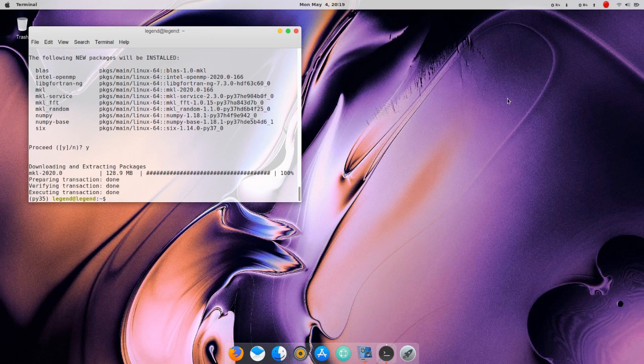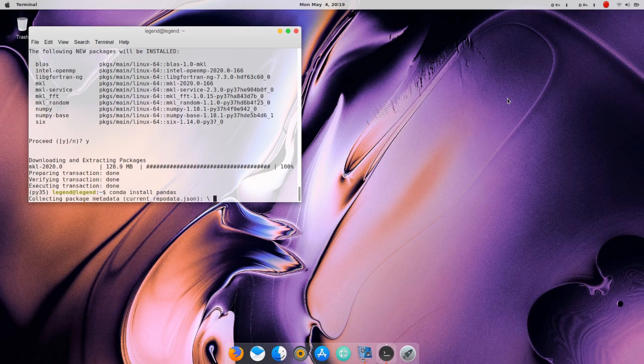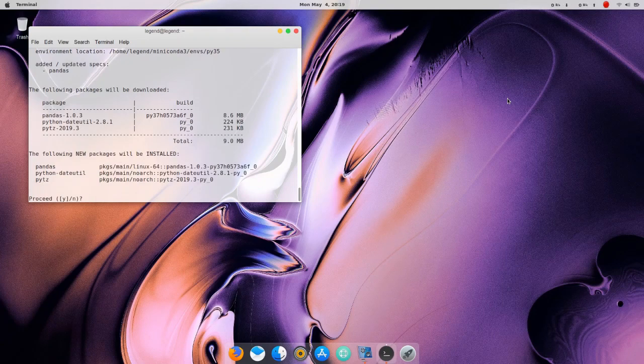Next we need to install Pandas. Where will Pandas be used? Pandas is a Python library basically used for managing files. In machine learning we actually need to operate on big data files that include a large amount of data. In order to manage these files we will require Pandas. To install Pandas, just do the same as before: conda install pandas. It will automatically install all these.